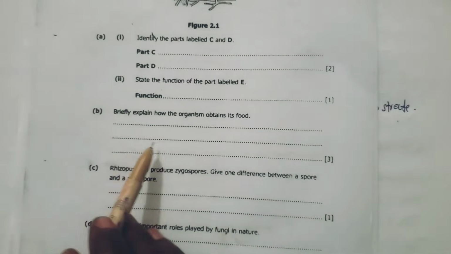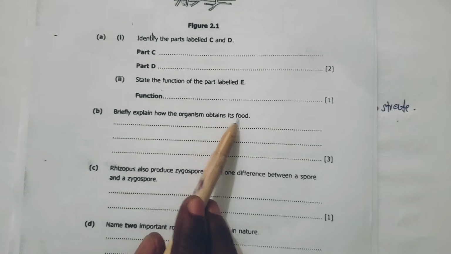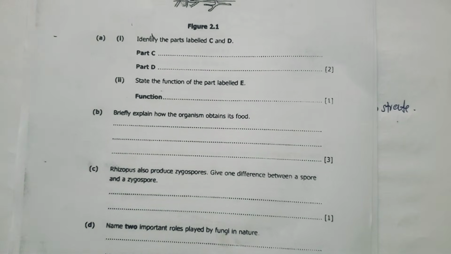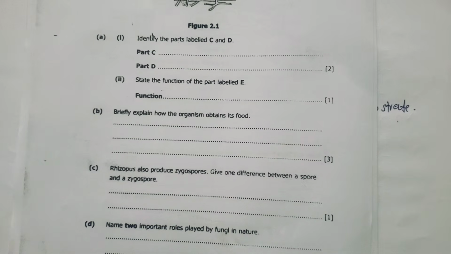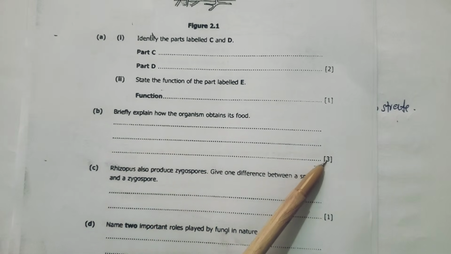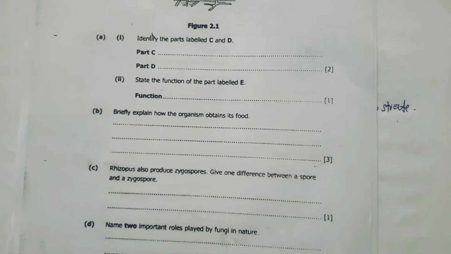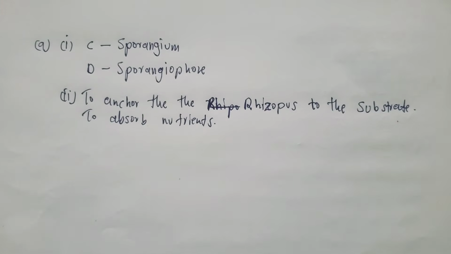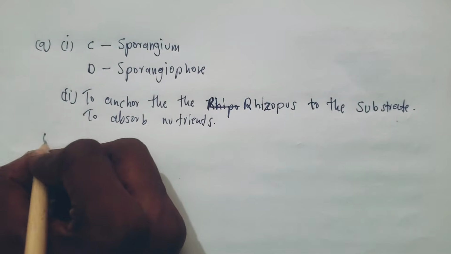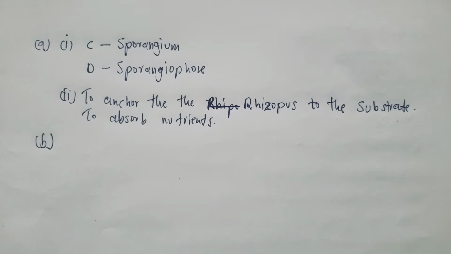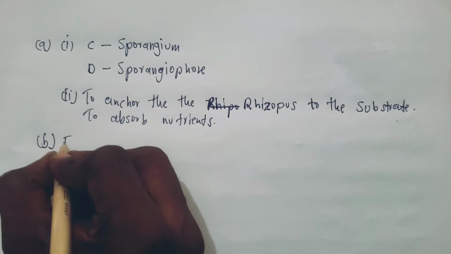Then we got the next. Briefly explain how the organism obtains its food. This is saprophytic nutrition, like I said, and this question under this topic is always asked. It is one of the questions that carry many marks, the one carrying 3 marks here. So the procedure is the same. How does it obtain food? The first thing, it obtains food through saprophytic nutrition. That is very important. So you explain to say